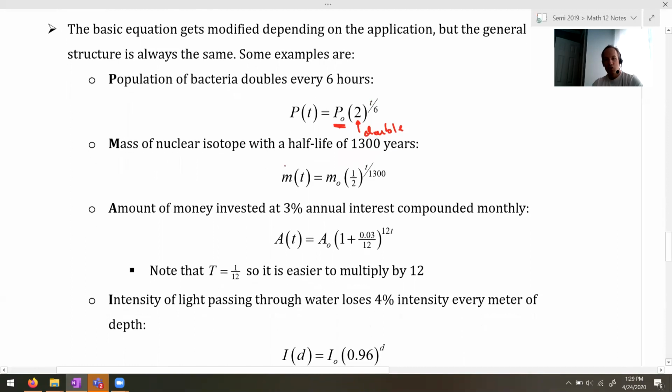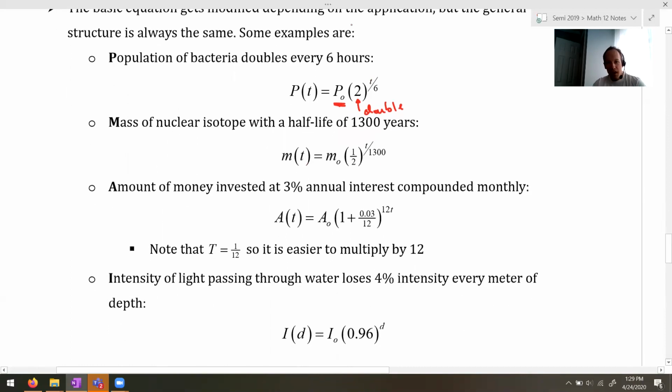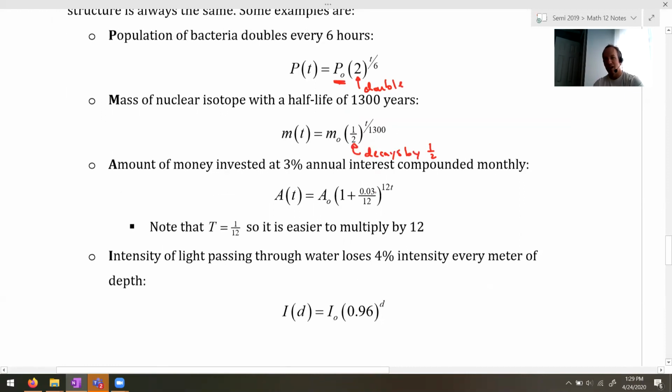Mass of a nuclear isotope is similar. The growth factor here is 1/2 because it decays by half. That's why it's called half-life, and of course the half-life would go on the bottom because it happens once every that many years. Money, if you saw the Something Interesting video, which you definitely should have,